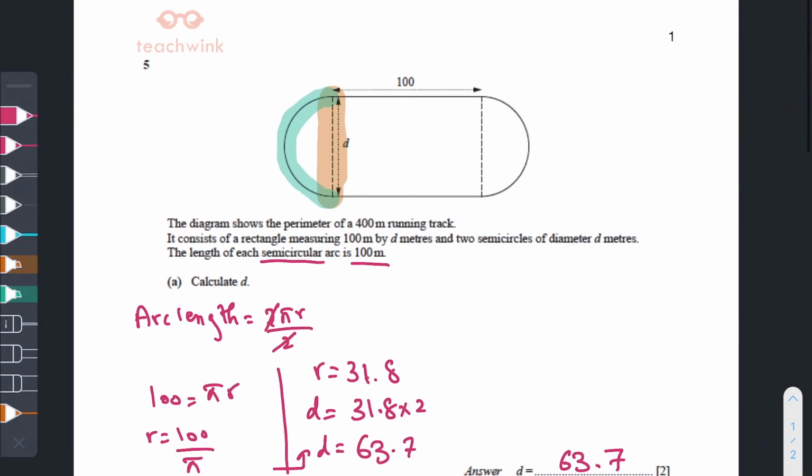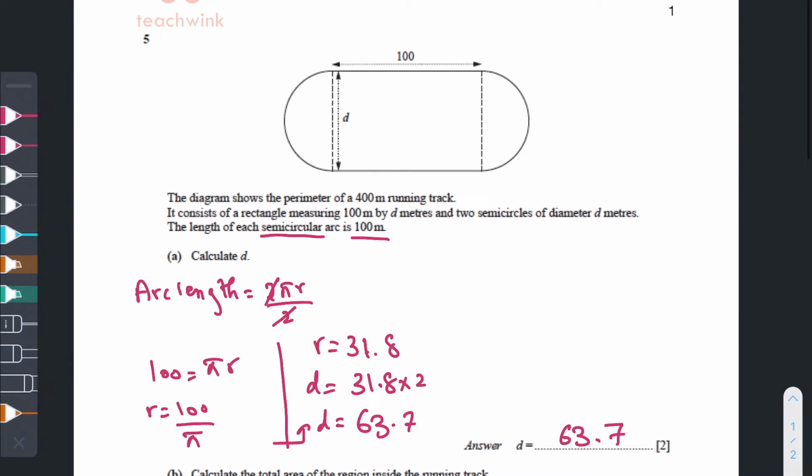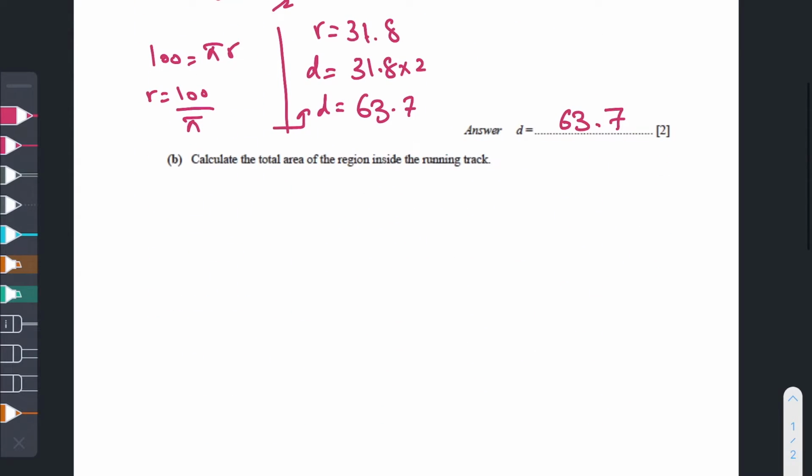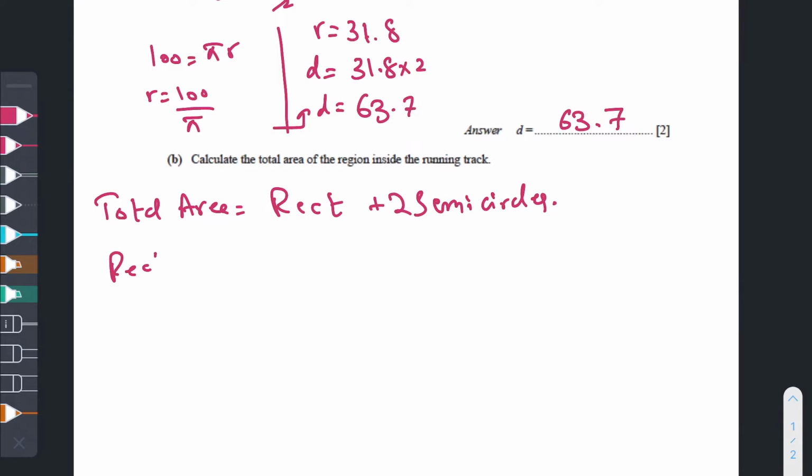Okay, the region inside the running track consists of three different things. First of all, the rectangle that we have in the center, and then we have two semicircles at both ends. In order to find the area of the rectangle in the center, you multiply d with 100. Okay, first let's write all of this down. Total area is equal to rectangle's area plus 2 times the semicircle's area. The rectangle, by multiplying 63.7 by 100, gives you 6370